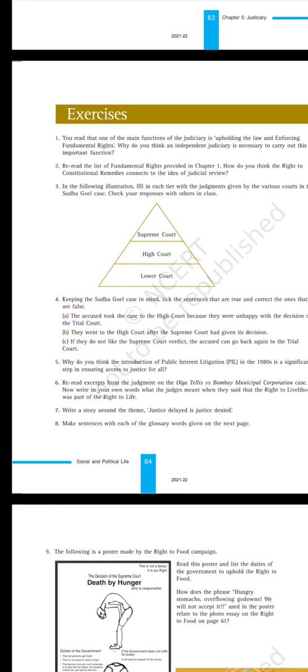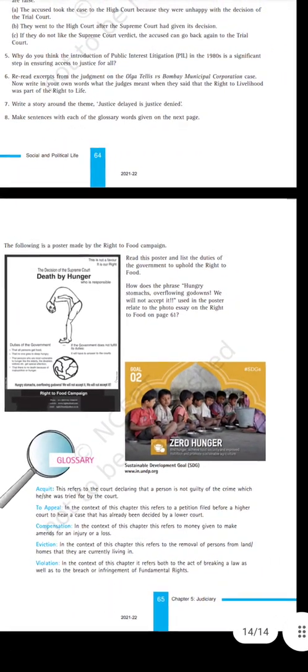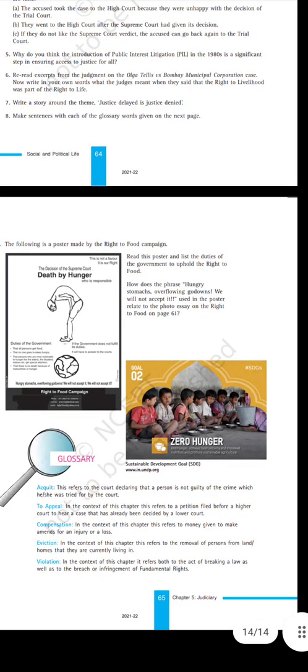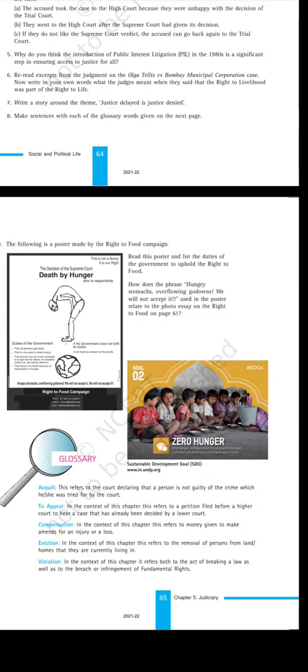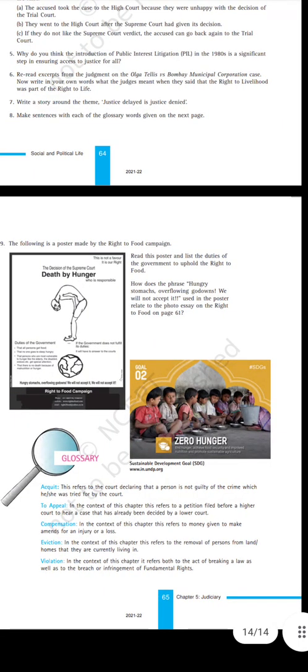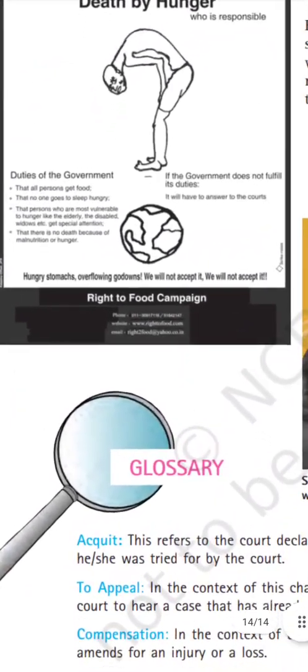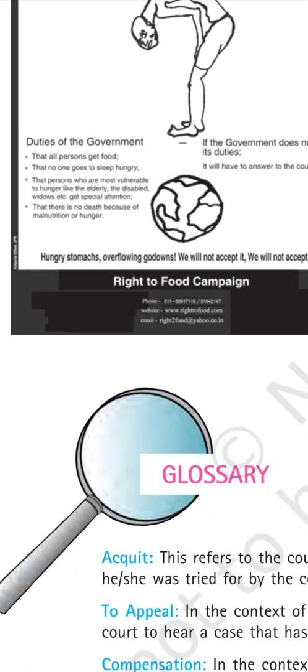Question number 9. The following is a poster made by the Right to Food campaign. The decision of the Supreme Court: this is not your favor, it is our right. Death by hunger. Who is responsible? Duties of the government: that all persons get food; that no one has to sleep hungry; that persons who are most vulnerable to hunger, like the elderly, the disabled, widows, etc., get special attention;